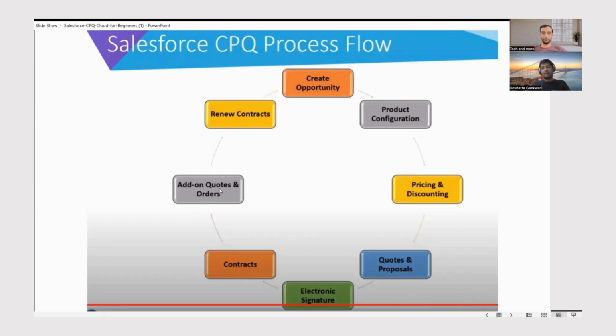And as we have some subscriptions also, there are subscription products and non-subscription products in Salesforce CPQ. So say in case any renewal of a contract is necessary,